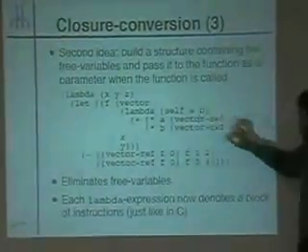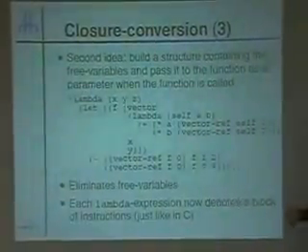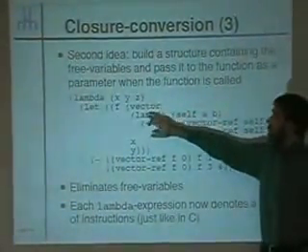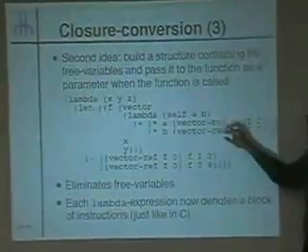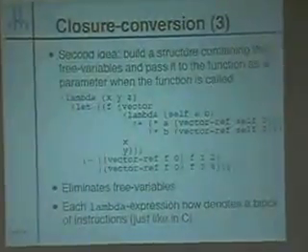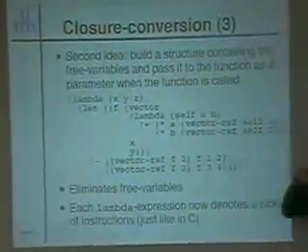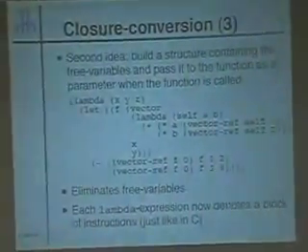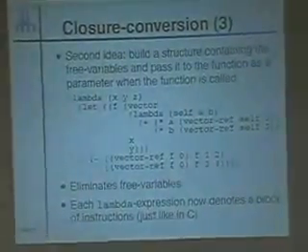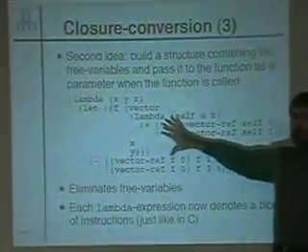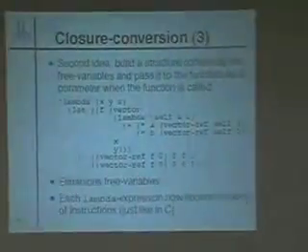Here I've expressed it with vectors. We need a way of constructing the closure, which is done with vector, and a way to access fields of this structure, which I've done with vector-ref. We actually need to give this object a special type tag if we wanted to do dynamic type checking. If we want to implement procedure? correctly, this wouldn't quite work. But essentially the idea of packaging things in a closure is the same.